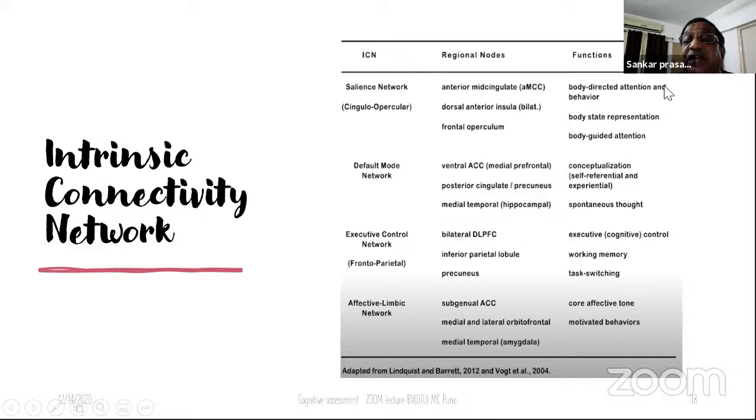It is a body-directed attention and behavior. It is a body state representation, body-guided attention. This is the cingulo-opercular network. The default mode network is ventral. Again, this includes the anterior cingulate gyrus, posterior cingulate, medial temporal lobe, and conceptualization that is self-referential, experiential,